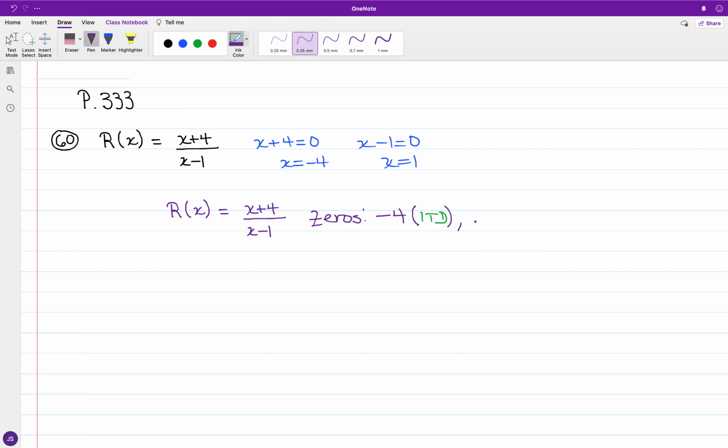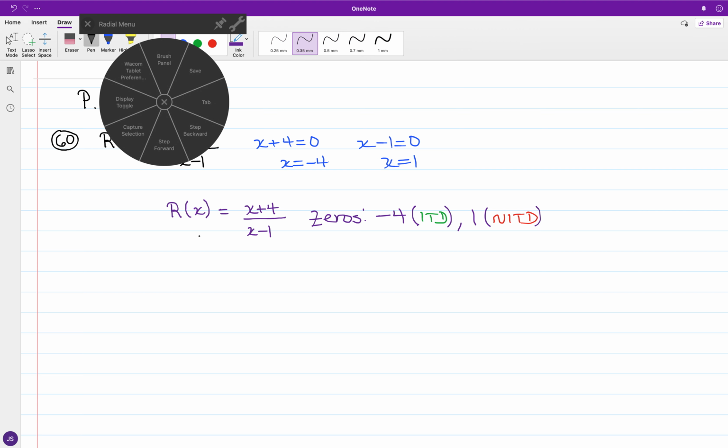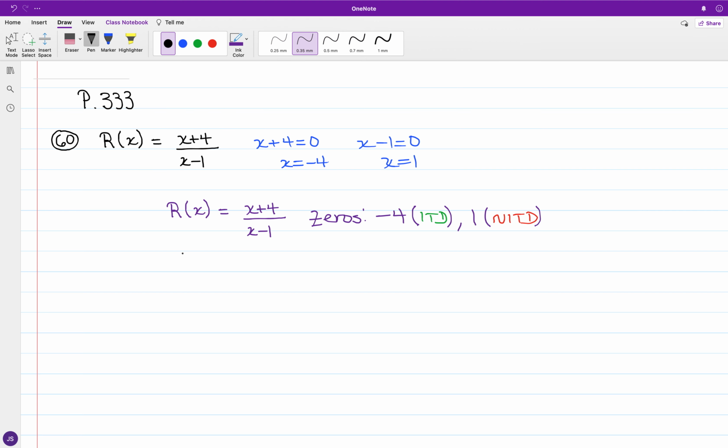And we have 1, and this stems from x minus 1, and if x is 1, the denominator is 0, and the rational function would be undefined. So we're still going to be using 1 in the case of the table setup, but again, 1 is not in the domain. And so, lining up the table of intervals,